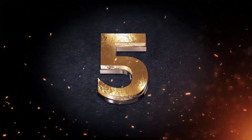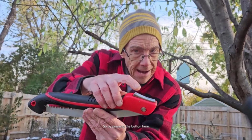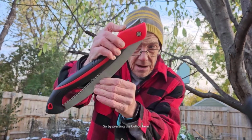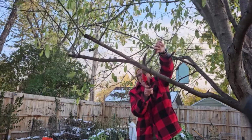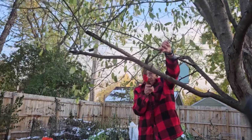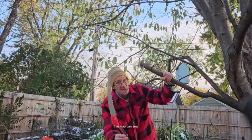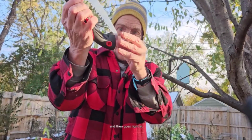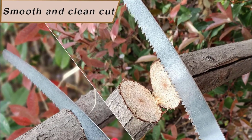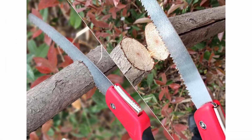Number 5. wltoy 12-inch, rating 4.5, fit for heavy work, powerful and strong enough, can cut through branches with 6 diameter with ease. Very efficient for various outdoor work such as camping, pruning shrubs and trees, hiking, tree trimming, garden work, landscaping, etc. wltoy large tree trimming saw with SK5 material, flexible and durable, triple sharpened blade hardened for extra durability, can cut fast and accurate in all directions, pull or push, not only fit for green wood, also fit